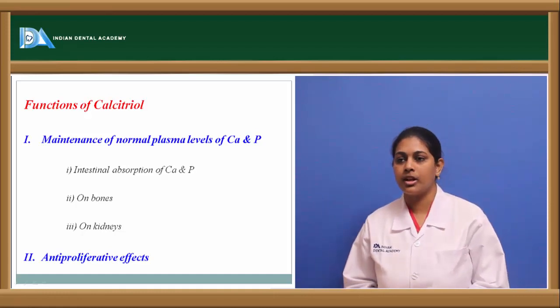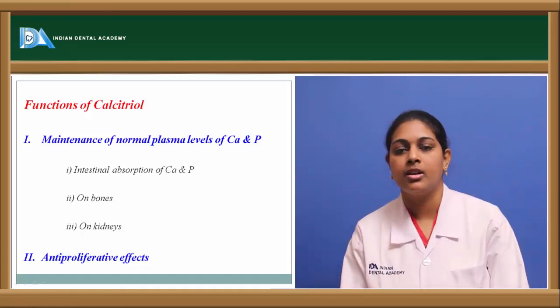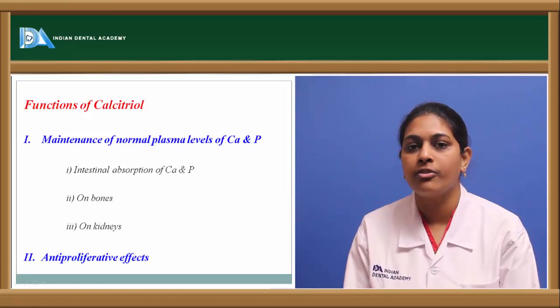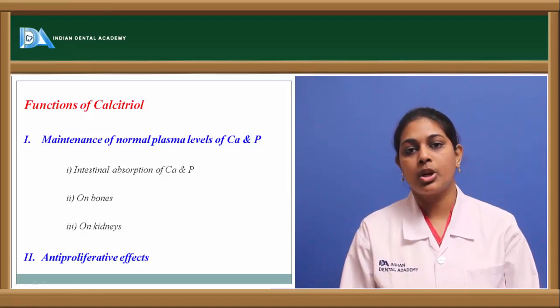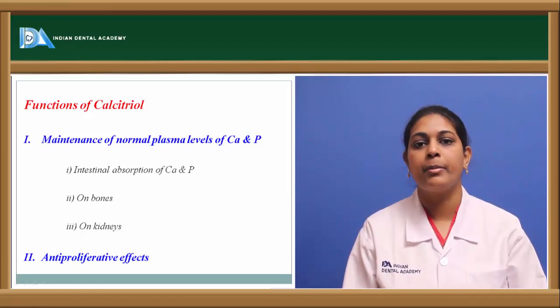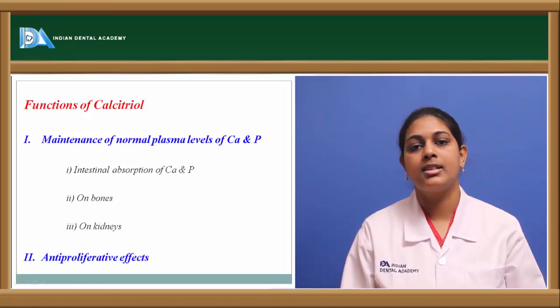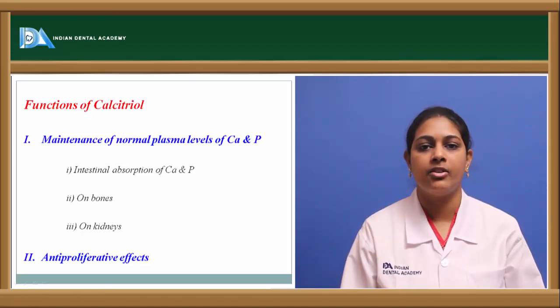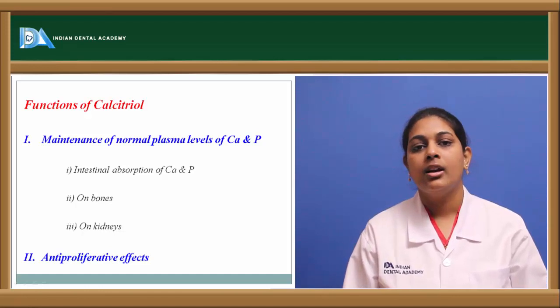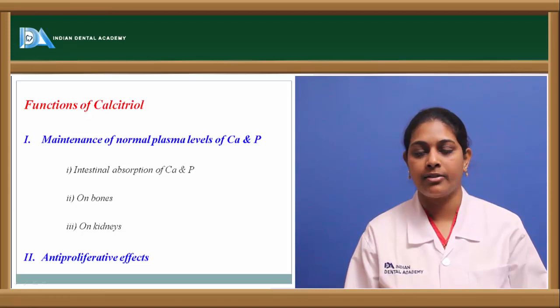Next, it also helps in the kidneys. Vitamin D causes the reabsorption of calcium as well as phosphorus, thereby maintaining their level by releasing them into the plasma and the blood. And vitamin D has receptors on certain cells, such as in parathyroid gland cells